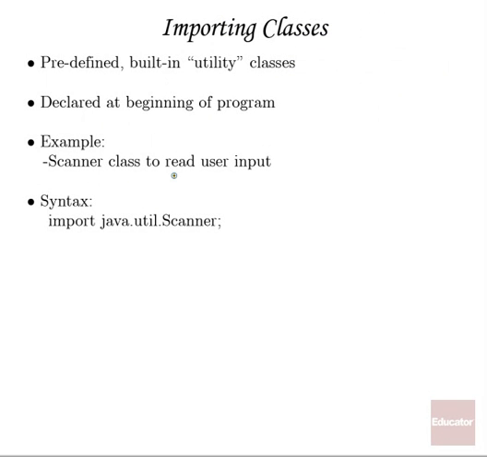Now, at the top of some of these programs that we're going to look at today, we are going to see some classes that are imported. What this means is that there are some classes or programs that are utilities that are used very frequently. So they're built in, predefined, pre-written, and all you have to do is identify and call them at the top of your program. So we're going to declare them at the beginning of our program, and a good example of this, what we're going to be using today, is the scanner class. The scanner class enables the program to read user input, so it provides interactivity.